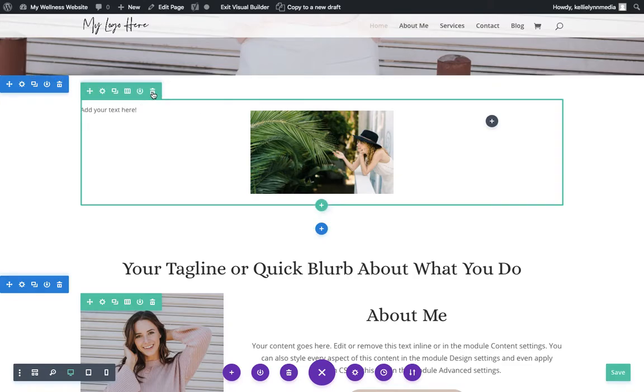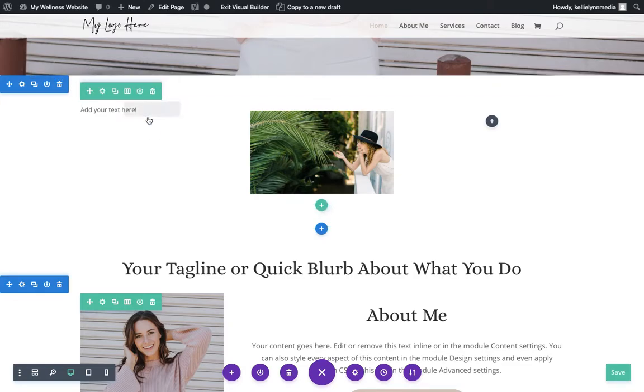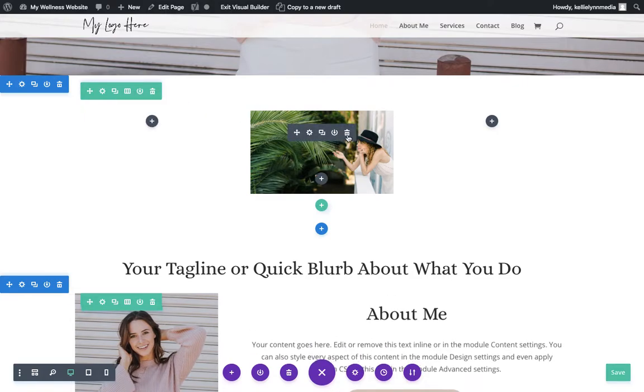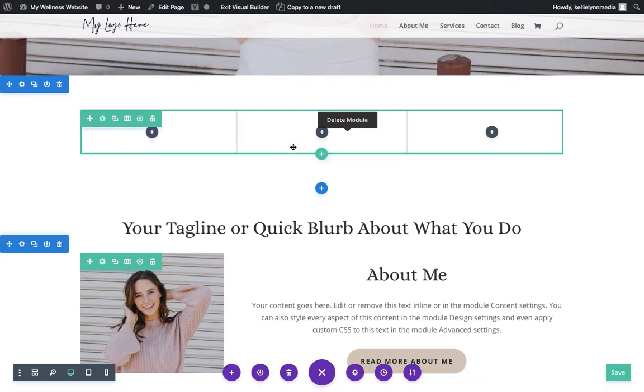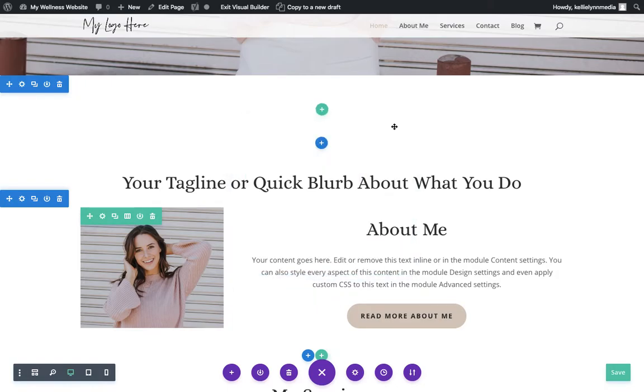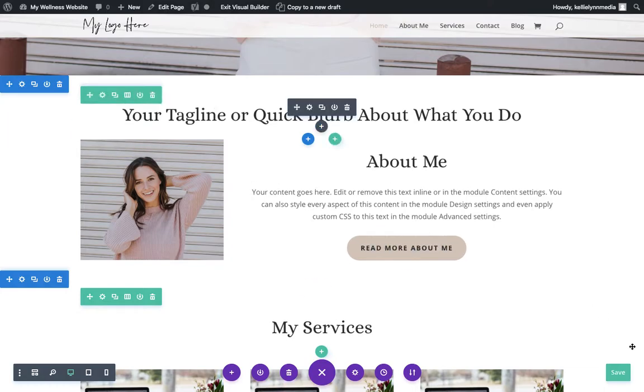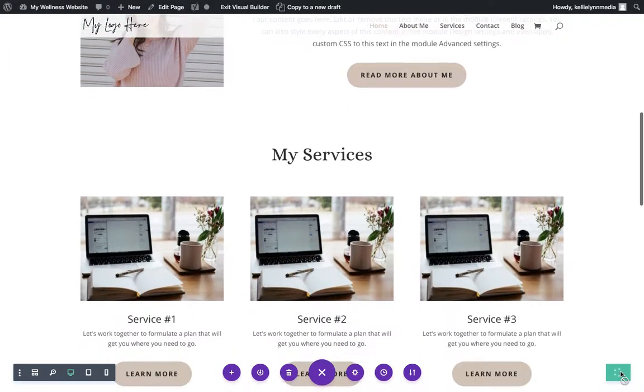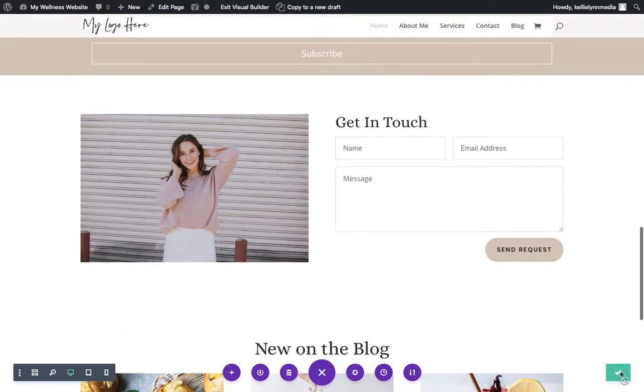You can delete the row and start over with the row, or you can just delete the modules themselves. So if we delete the modules, we can go in and add whatever modules we want. But if we delete the row, the same thing, now we can restart. But if you want to just delete everything, go ahead and just delete this section. And then you're good to go. Remember to always click save. So this is your Divi